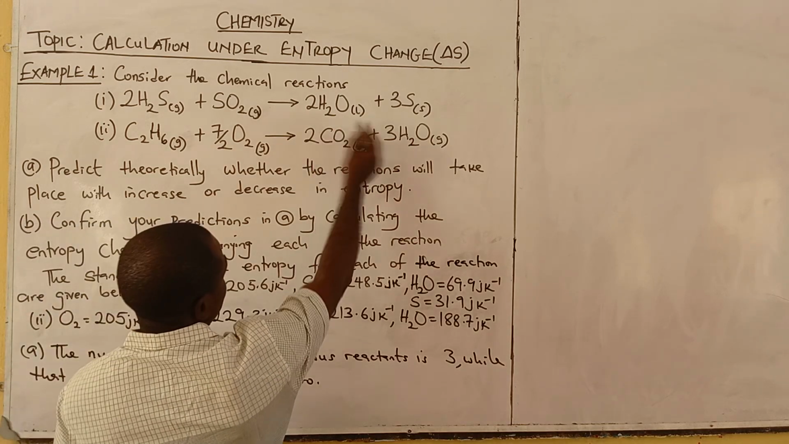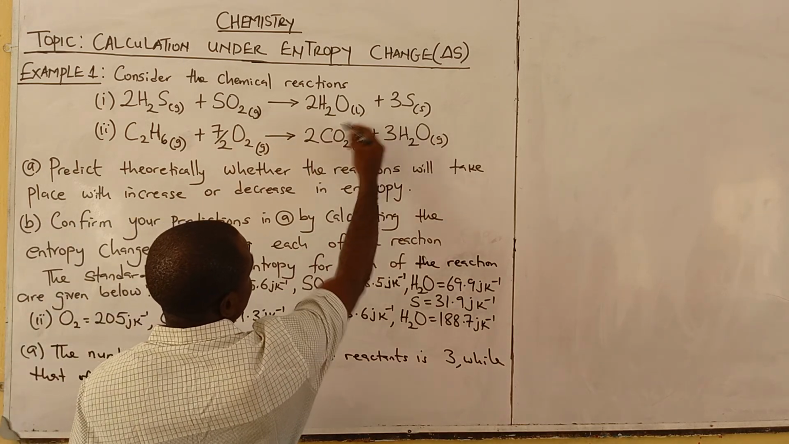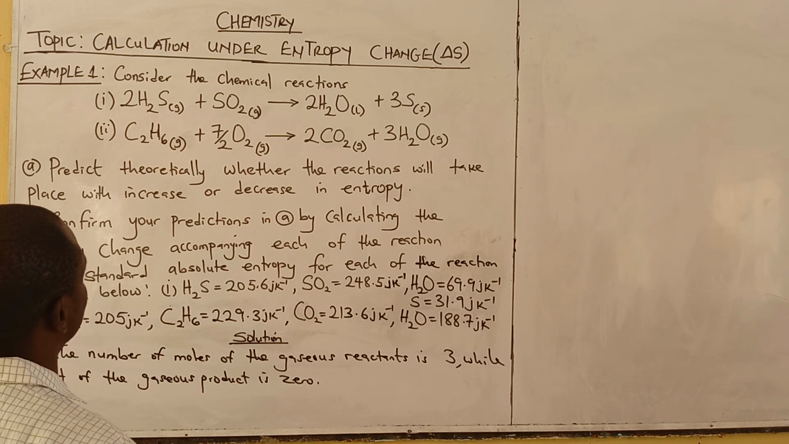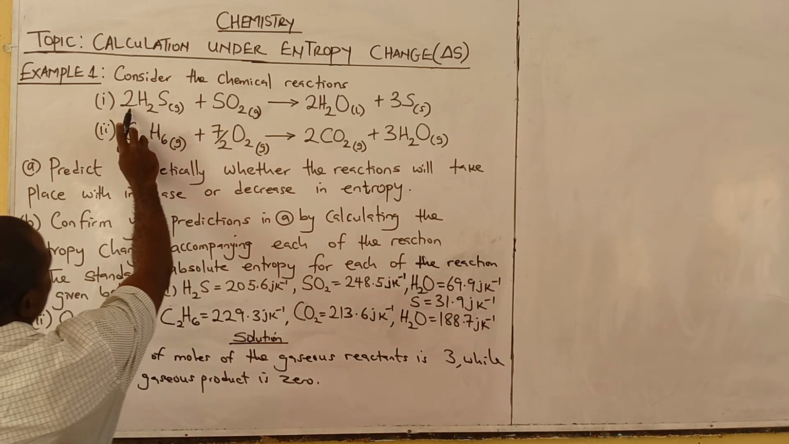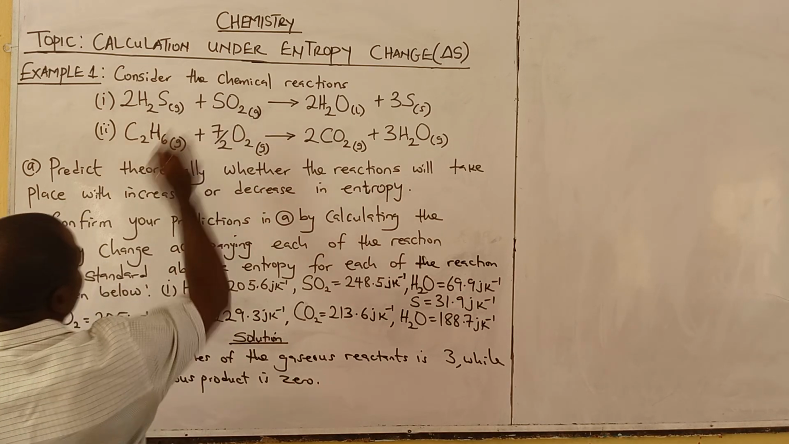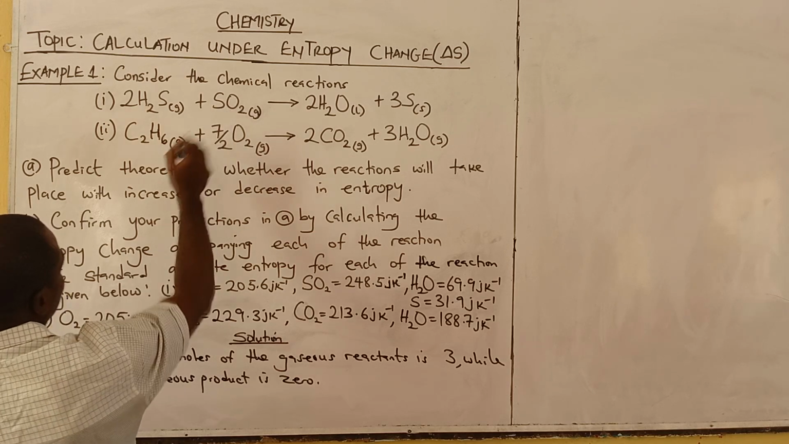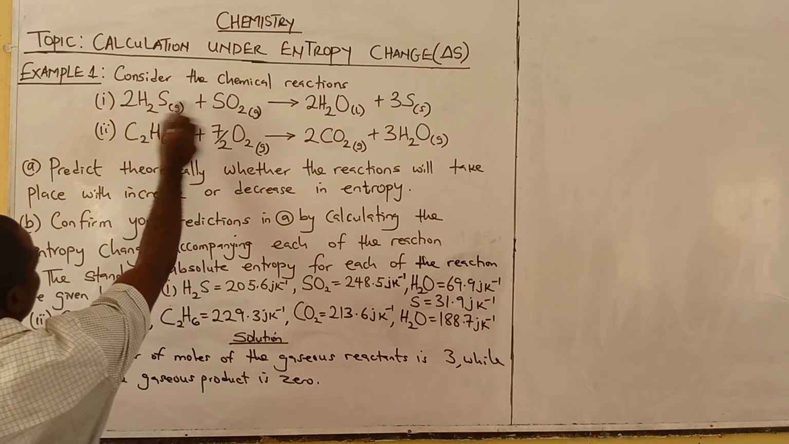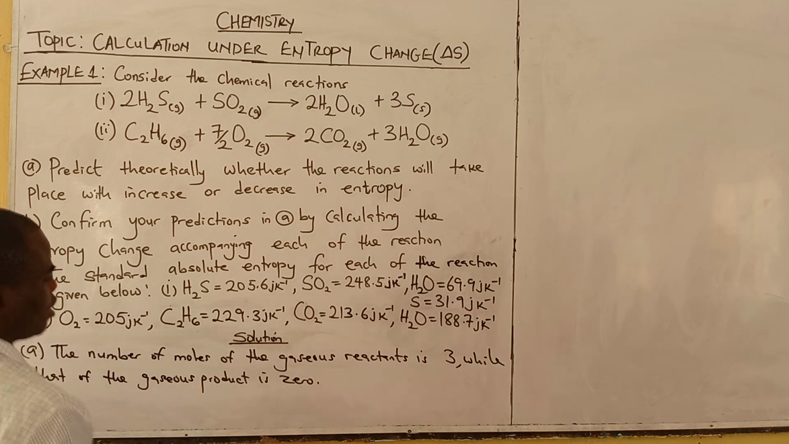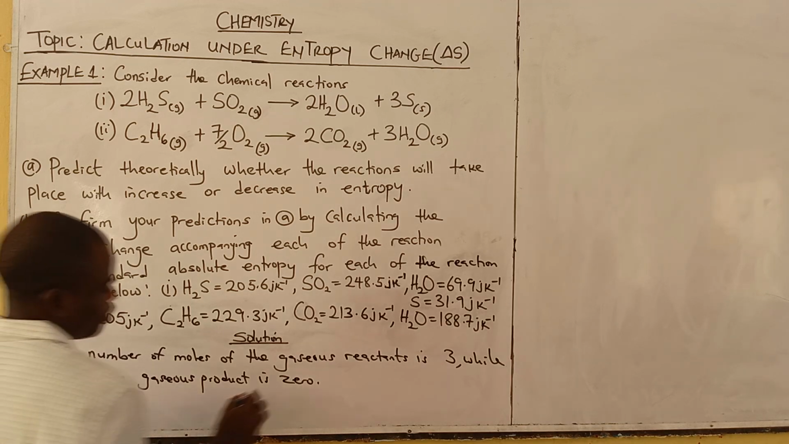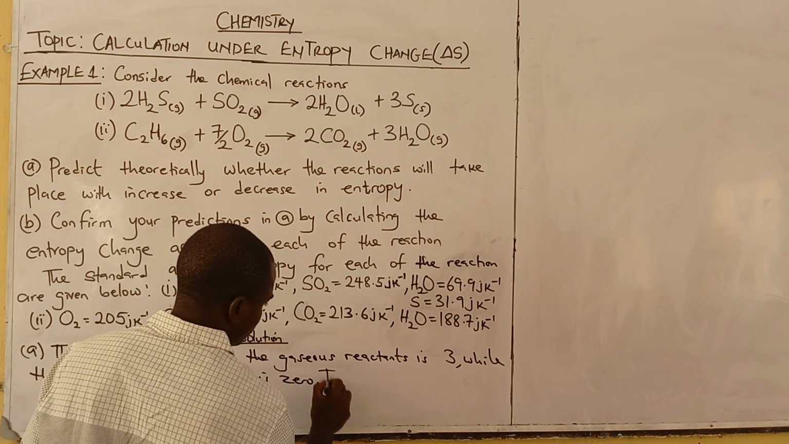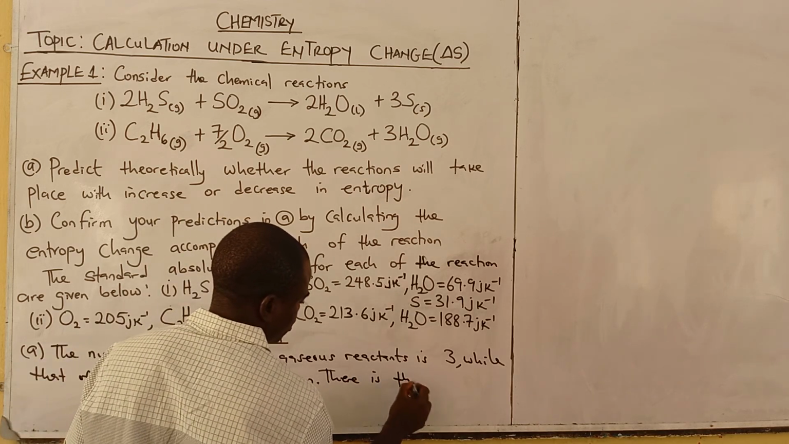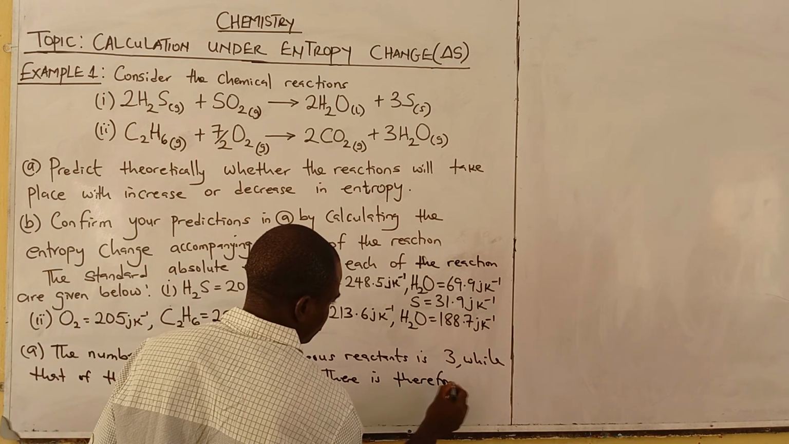Because none of them has gas. None of them has gas in the product, but in the reactant we have 2 plus 1. There's 1 at the back of sulfur oxide. When nothing is written, it's 1. Take it as 1. 2 plus 1, that's 3. Is that okay? There is therefore